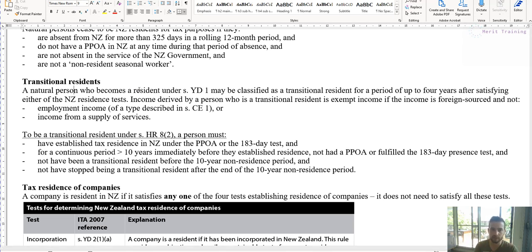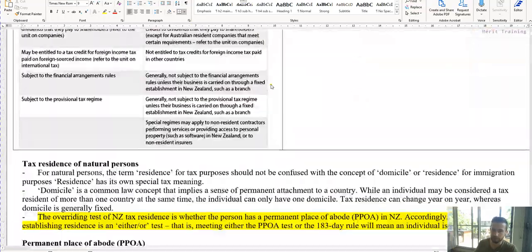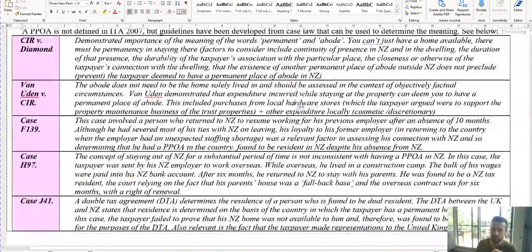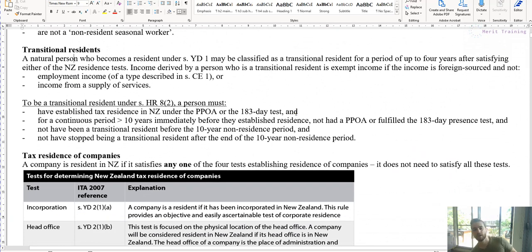just temporarily. So this is the concept of transitional residence. So this is a natural person who becomes a resident under YD1. They can become a transitional resident, right? And this is a tax concept that allows for a period up to 4 years after satisfying either of New Zealand residence tests. So you do actually have to satisfy one of these tests first of all, but because you have a domicile in another country,